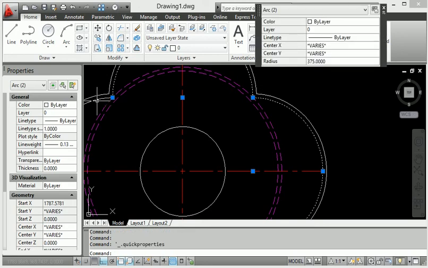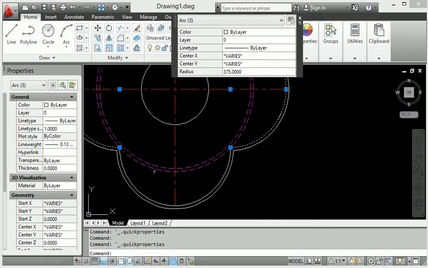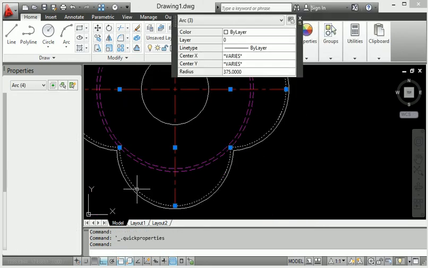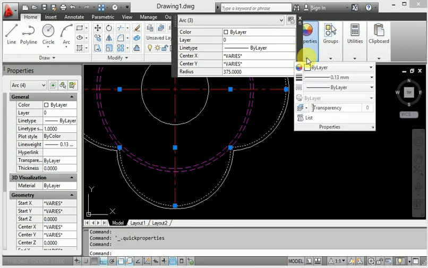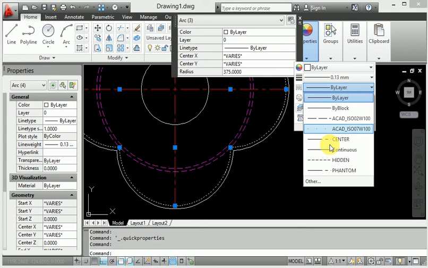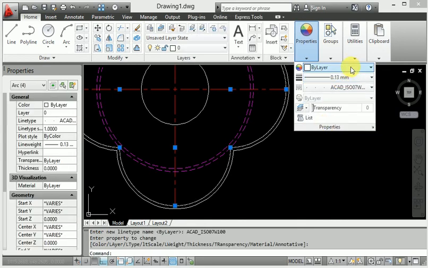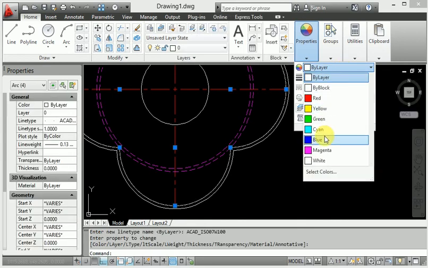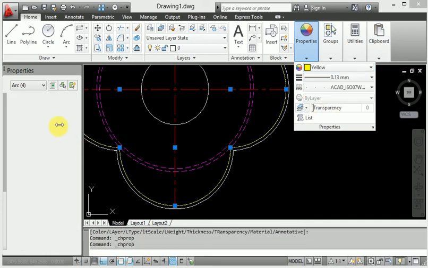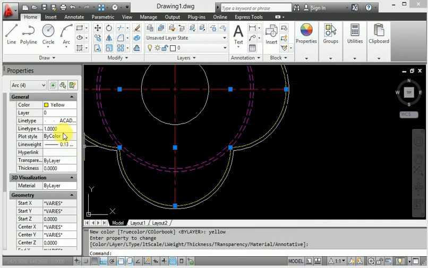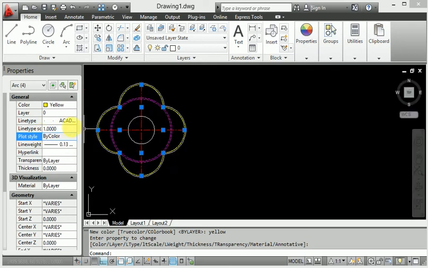I provide the particular thickness. This one is here, thickness is like that, and I get the dotted line, and also provide the color yellow, and it will show the number of quantities, 20, in the dotted line.